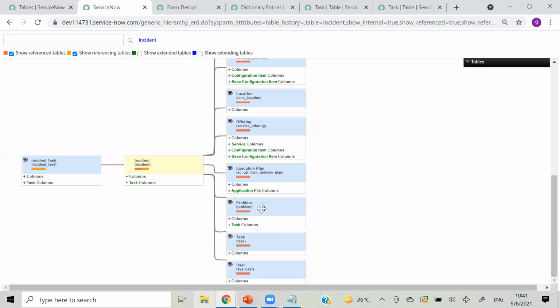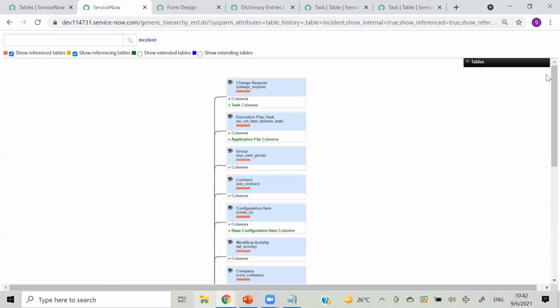And then we are using some fields from the problem table also, like from an incident we will create a problem. So there is a field on our incident related to problem. We will explore that when working on the incident form. The escalation form is also another table which we are using in our incident as a field. We will have some requirements related to that. So these are the show referencing tables. We are showing all the referencing tables and fields that are used on our incident. Like this, you can have a look at your table schema.